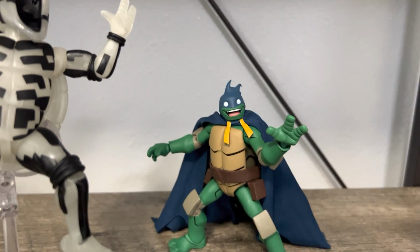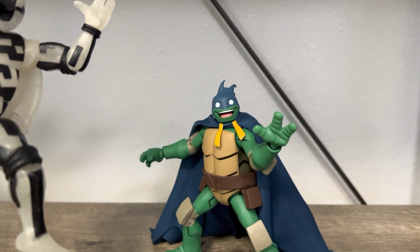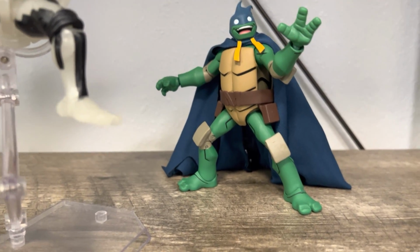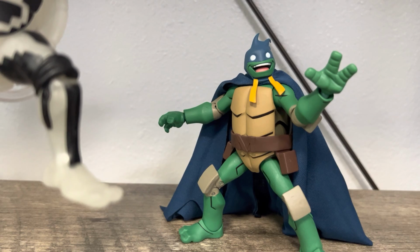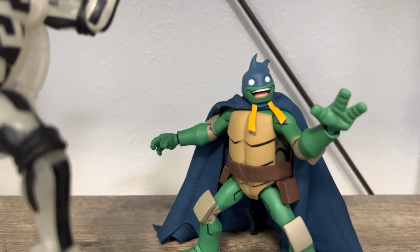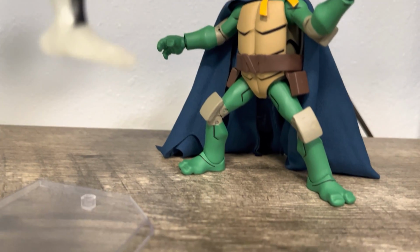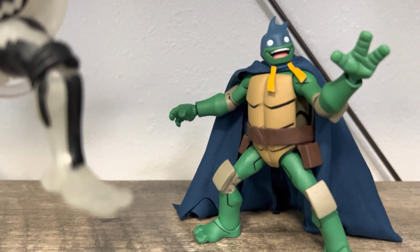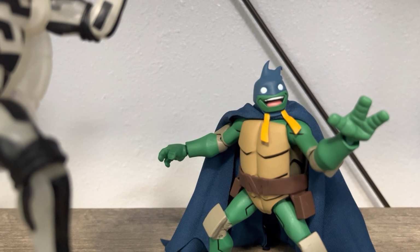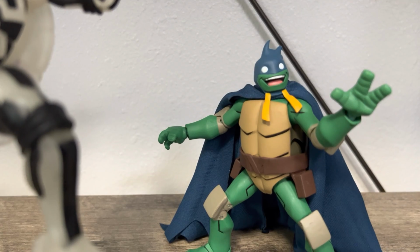And this is my Mikey as Batman figure. Excuse me again. There was a movie, it was Turtles versus Batman cartoon movie. I never saw it, but they came out with this whole line of figures for it, and I got them all. And at first I was afraid I wasn't gonna be able to find them, and I was stalking GameStops, and I was snatching them up as I found them. And the last